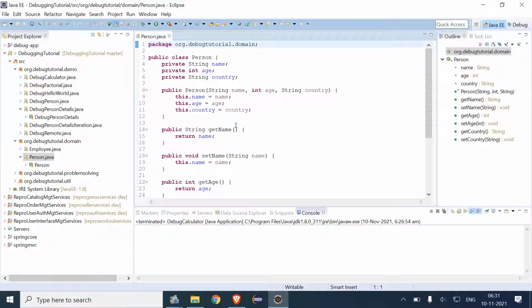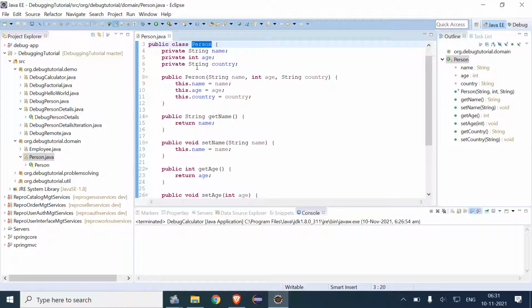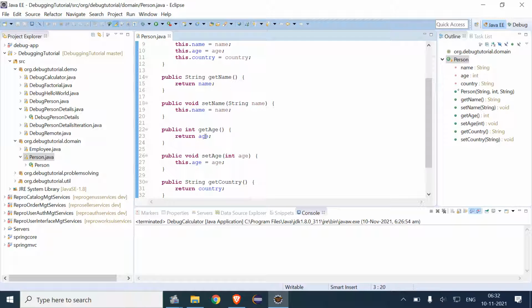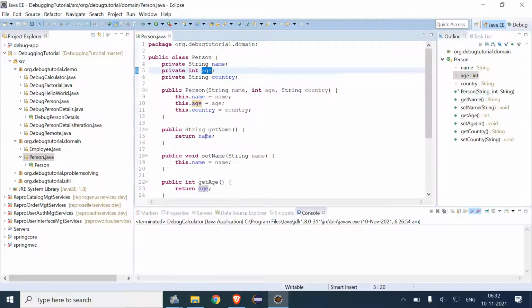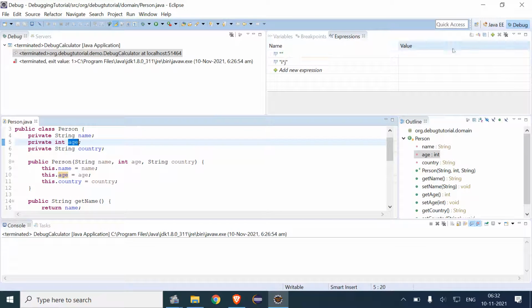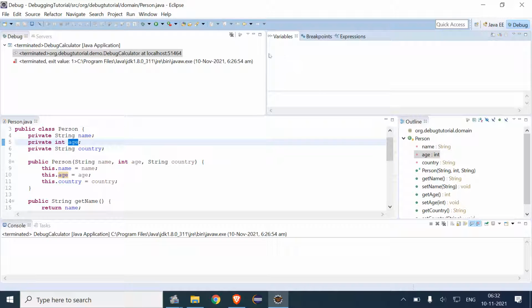Basically, if we talk about logical structures, these are nothing but the details which are being displayed. For example, if we have this class person.java and we come into this class, here we have three things: name, age, and country. If we come to any other detail inside that, and if we come in debug mode, in this variables column, all details will be displayed.